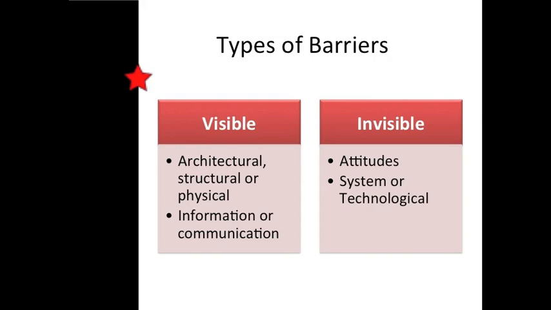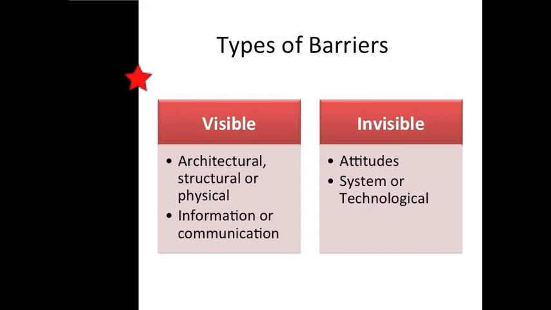Types of invisible barriers include attitudes, system, or technological barriers. Attitudinal barriers are perhaps the most difficult barriers to overcome. Some people don't know how to communicate with those who have visible or non-visible disabilities, or they simply discriminate against them because of stereotypes. They may feel that they could offend the individual with a disability by offering help, or they ignore or avoid the people with disabilities altogether. If this were to happen, the customer may provide feedback to your organization, or they have the right to contact the Human Rights Coalition.